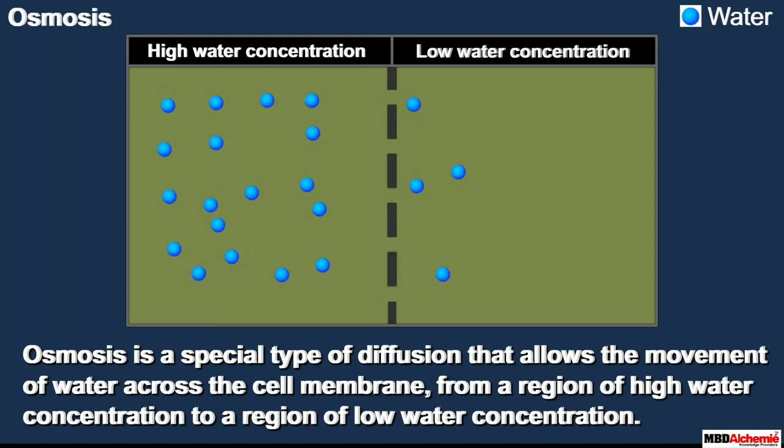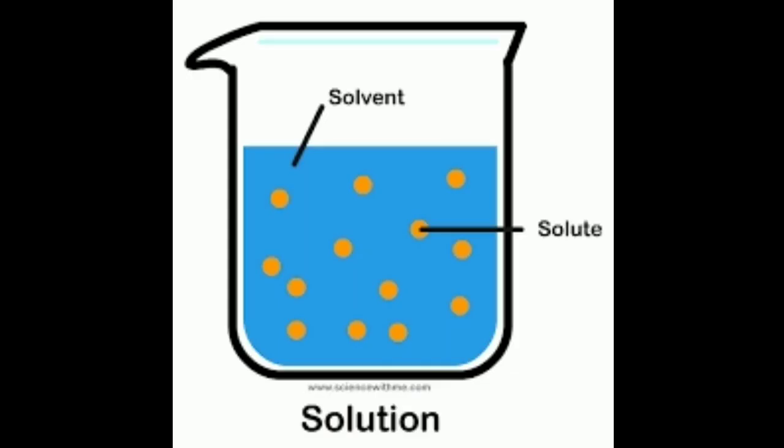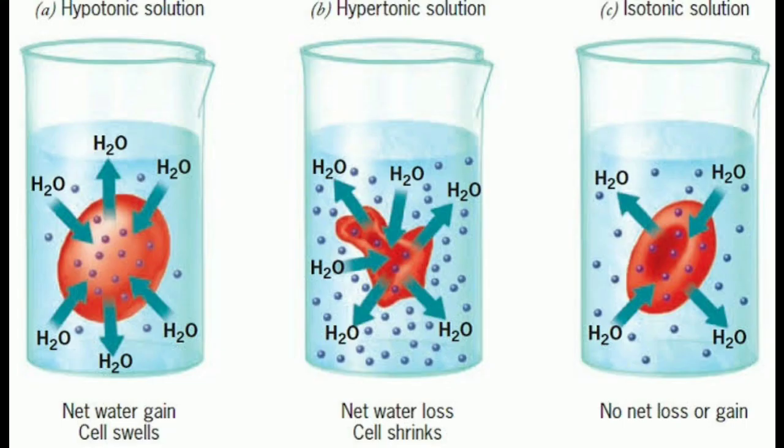Okay. So for knowing more about osmosis, you have to be familiar with three types of solution. So for a solution, you know that there will be a solute and a solvent. Is it? And based on the solute concentration, we have three types of solutions. First one is hypotonic solution, and second one is isotonic solution, and third one is hypertonic solution. So what about hypotonic solution? Hypo means below and tonic means strength.